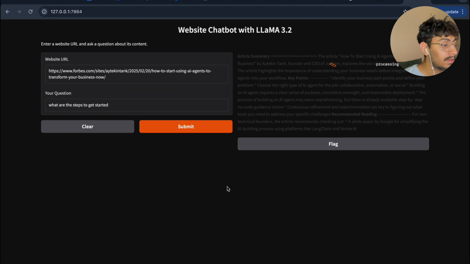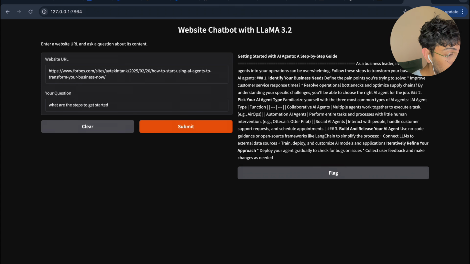I'll submit that. Okay, so the reason that this takes as long as it does is because it runs locally on your laptop. So depending how many things you have running on your laptop, it will affect the speed of this. All right, so as you can see, you're getting started. As a business, integrating AI is overwhelming. Follow these steps to transform. Whatever you want to know, you just need to ask